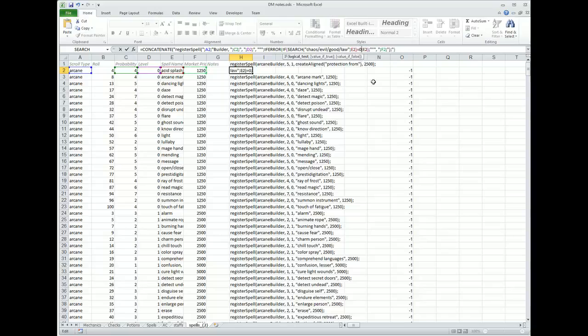Equals 0. It's greater than 0, just on the safe side. Value if true, value if false. There. So value if true